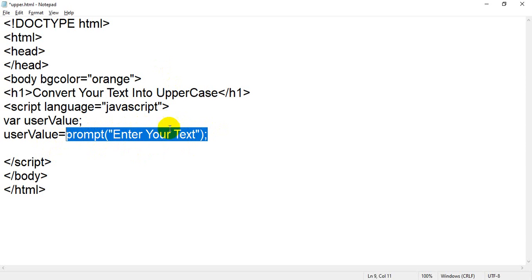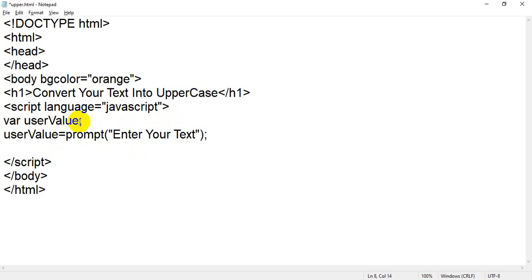So you have entered some value, but that value will disappear, or erase, because you have not declared any variable to store that value. Now I have declared a variable. As we know, variable is nothing but some place. Like if I say a glass and milk, what is a glass? Glass is something like a variable. And what is milk? Milk is a value. So here I have just taken a glass, and for example, the name of the glass is user value.